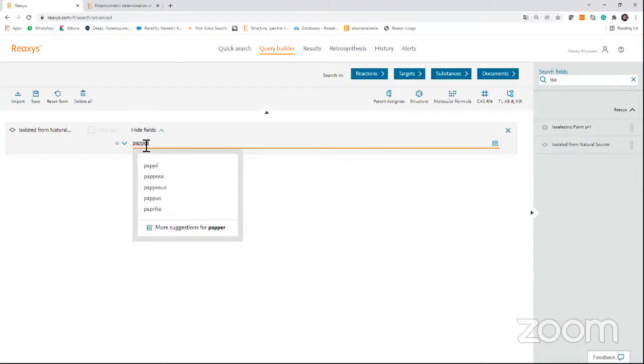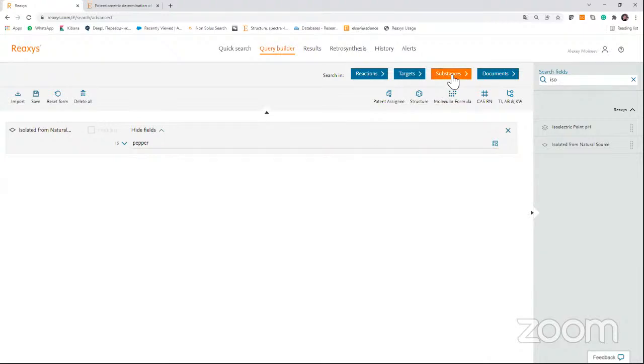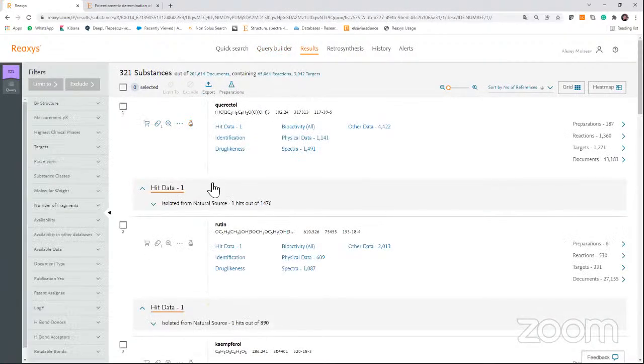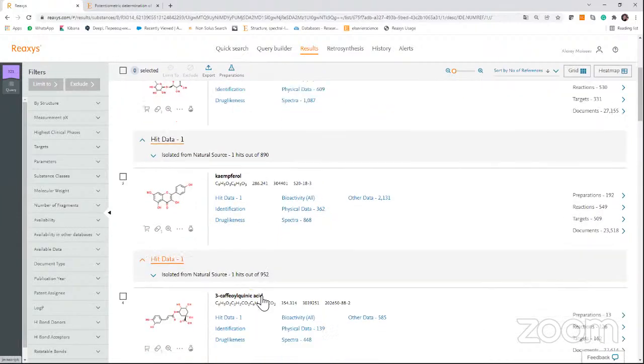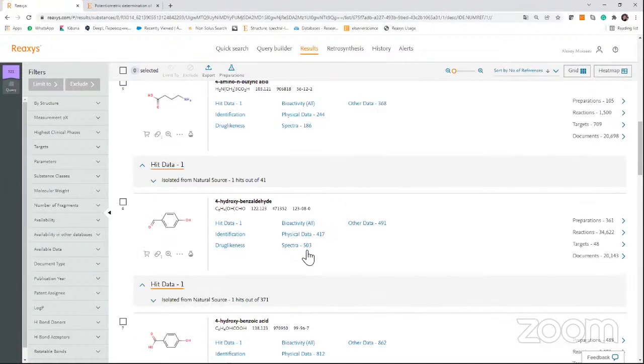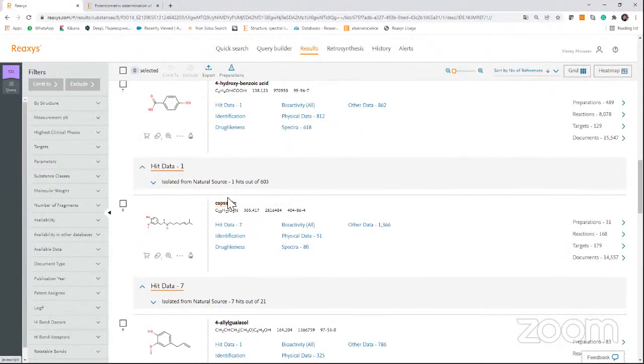For example, you can place here some paper, and you will find what is isolated from this plant. Click on substances, and you will find all the information about this. We see quercetin, rutin, caffeic acid, quinic acid, and other substances, and capsaicin is also a very interesting substance.